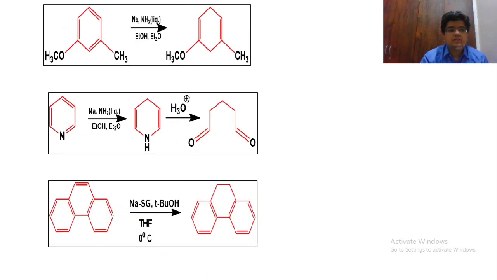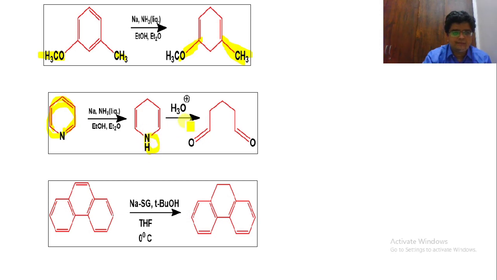Okay, so now suppose we have both an OCH3 and a CH3 group, both having electron donating characteristics. So what will happen? Here we have an OCH3 group. Now this OCH3 group will attach to the sp2 carbon, as well as this CH3 also attaching to the sp2 carbon. Now when we have a pyridine compound, this pyridine compound will be converted into this type of compound, that is, one double bond will be reduced over here.